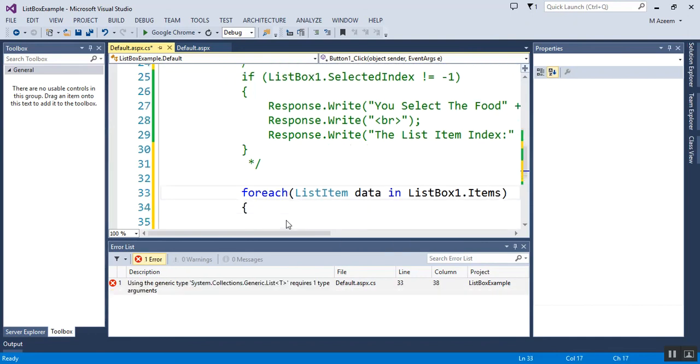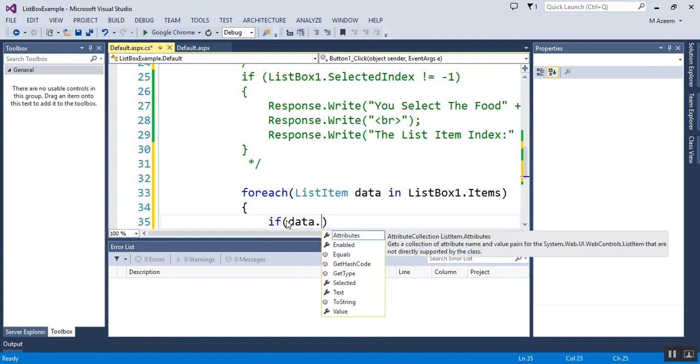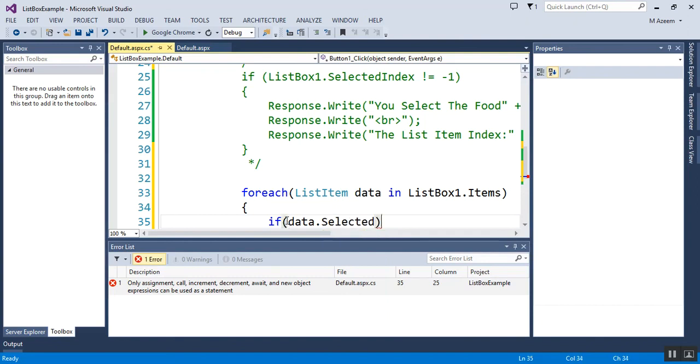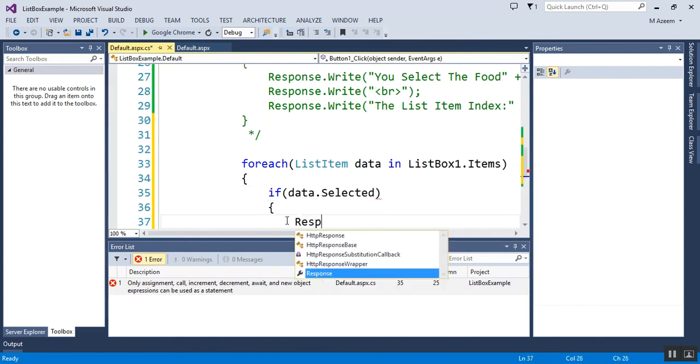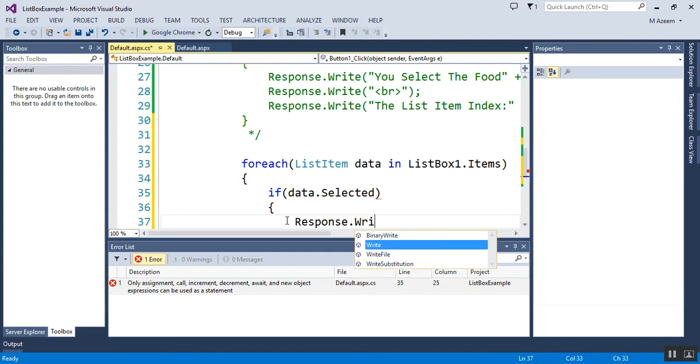This loop will get all the values from ListBox1.Items into the variable data, and if data.Selected, then we can say Response.Write,